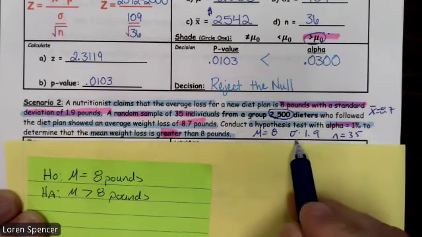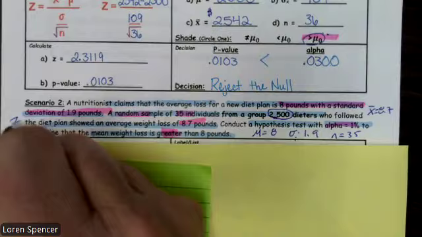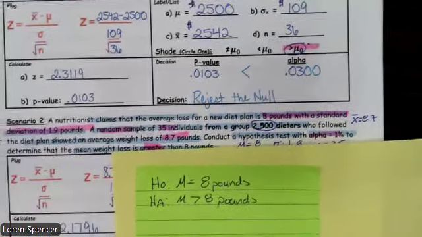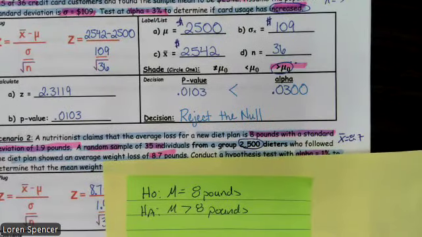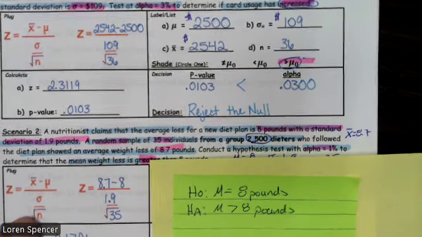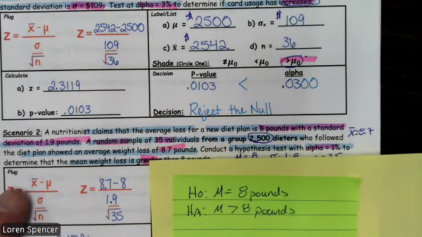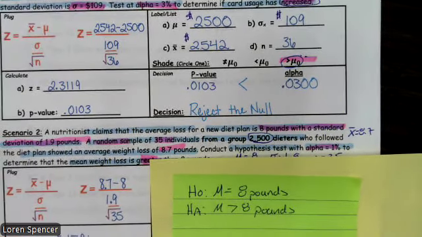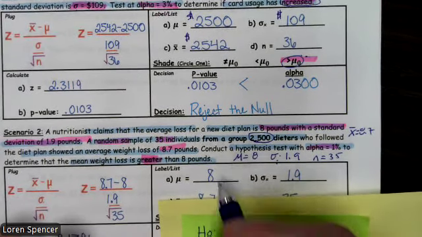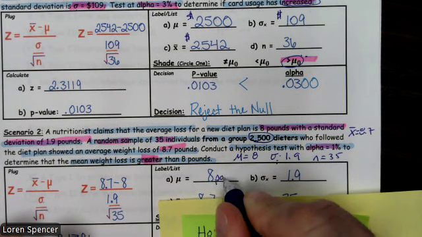And because we're working with the standard deviation of the population, this is going to be a Z. And so our Z formula is Z equals X bar minus mu over the standard deviation divided by the square root of N. All right, almost the same as a T, but the difference is this is a population standard deviation, whereas a T will have a sample standard deviation. We identified our important information: population mean of 8 pounds,